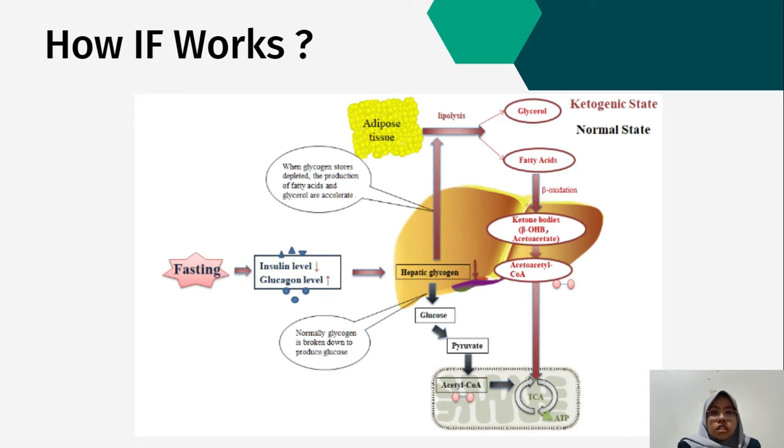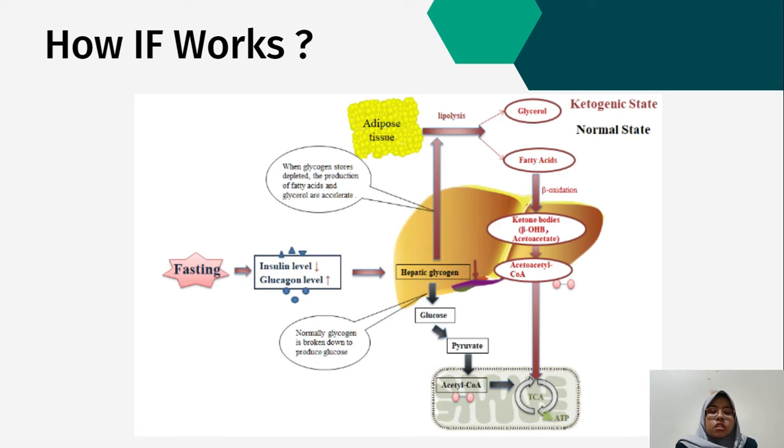In between meals, when the body is in the fasted state, the liver converts glycogen back to glucose to keep supplying the body with energy. Typically, an inactive person takes about 10 to 12 hours to use up the glycogen stores, although someone who exercises may do so in much less time.